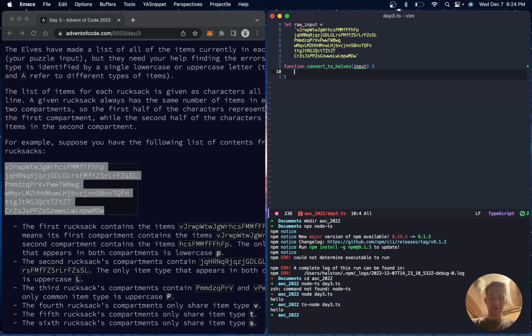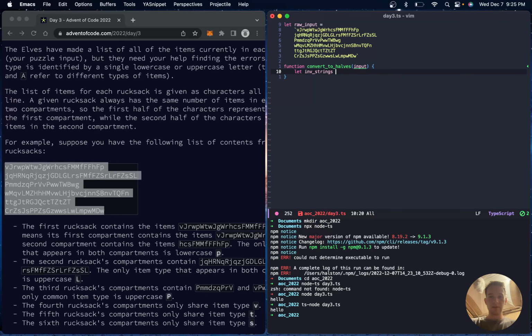So this function is going to take all of these inputs. In this case, it'll create 6 different inventories, each with 2 compartments. The compartments will be composed of the first and second halves of each string. So that inventories